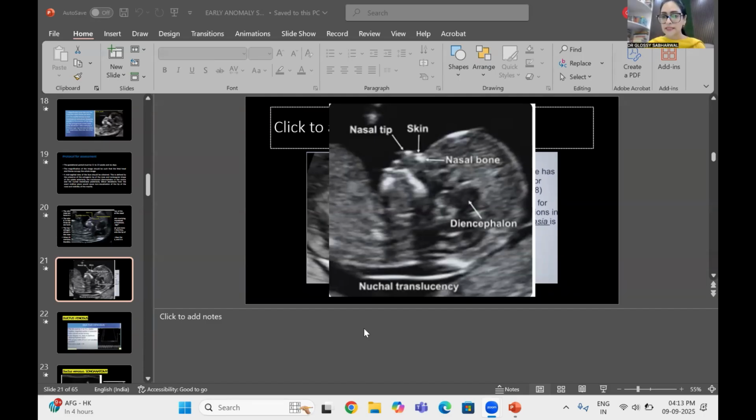Another question is, anything to turn the fetus from prone to supine? See, you cannot do much except gentle movement with your probe on the patient's lower abdomen, but usually try not to do too many things or apply too much pressure. Putting pressure on the patient's abdomen can be very discomforting, and the patient loses the confidence of coming back and getting an ultrasound done. It should be an experience and not something which the patient dreads to get done next time. However, if you have seen the patient 2-3 times and you tell them to pass urine and come, or hold urine and come, or eat something sweet and come,